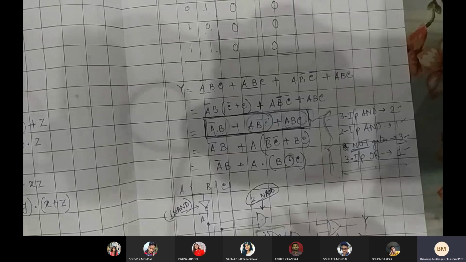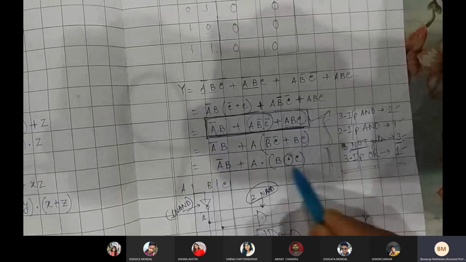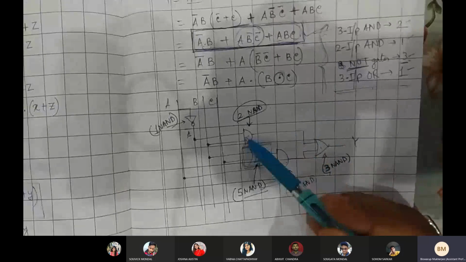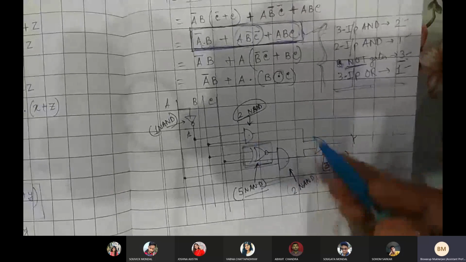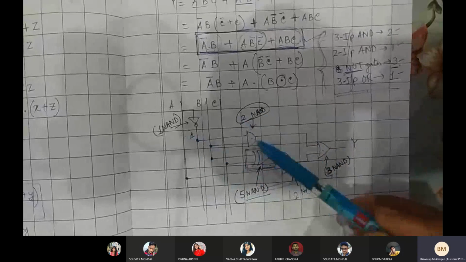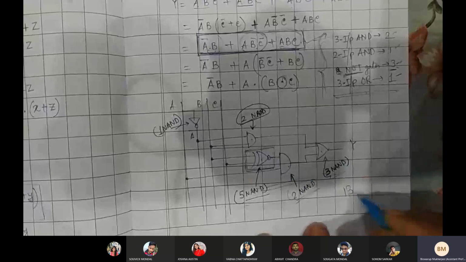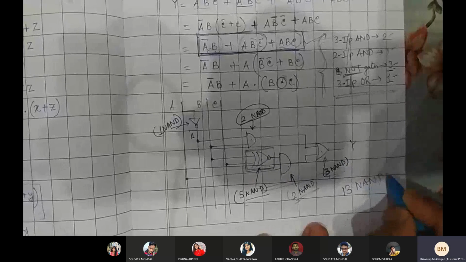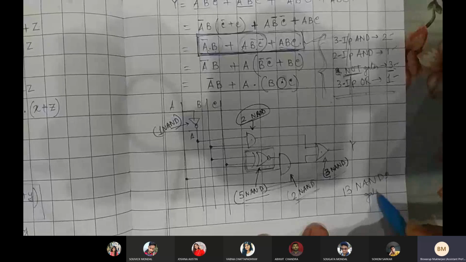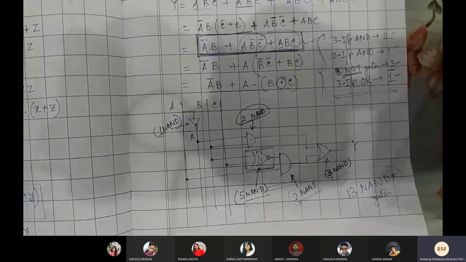Why? Let us try to draw this expression. We have drawn this one likely like this. আমরা এটাকে এইভাবে draw করেছি. And we tried to convert that one with the help of NAND gates. We found that all individual gates can be replaced by NAND gates, and at that time we require 13 numbers of NAND gates. So for this particular circuit we require 13 numbers of NAND gates.